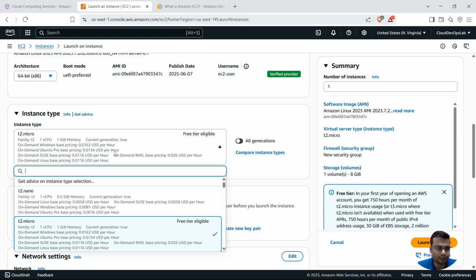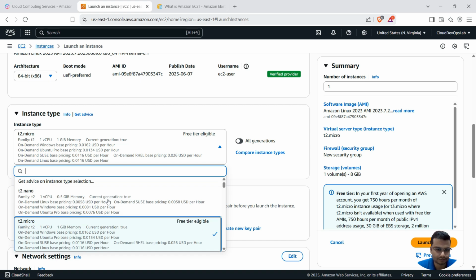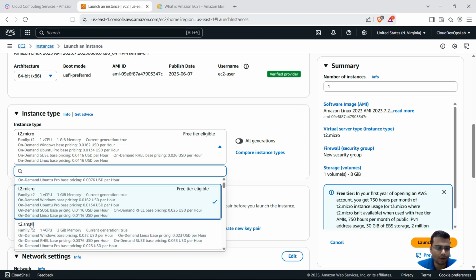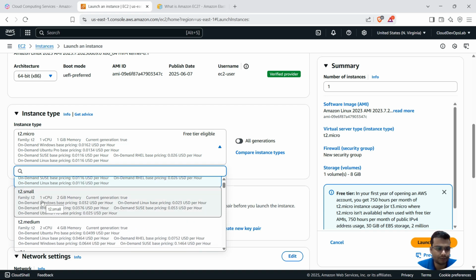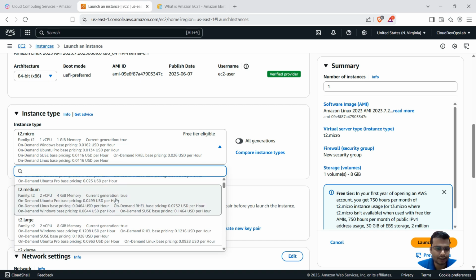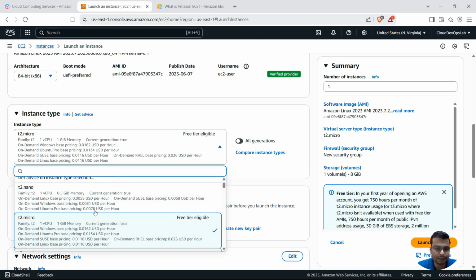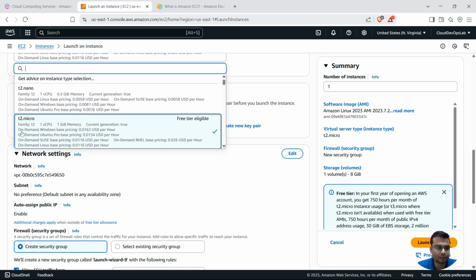If there are other instances, you can see T2 nano is there, T2 small is there. In T2 micro you are getting 1 CPU and 1 GB memory. In T2 small you are getting 1 CPU, 2 GB memory, and these are chargeable, and the prices are written here, how much per hour you need to pay. So stick to free tier eligible. T2 micro, free tier eligible. Okay,